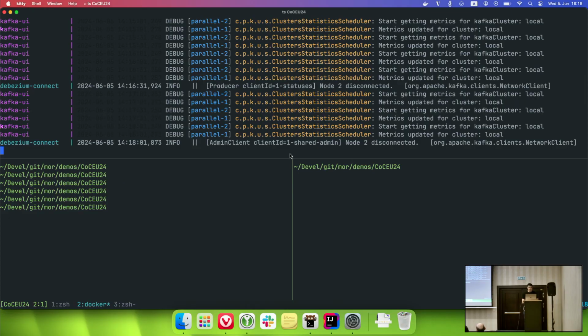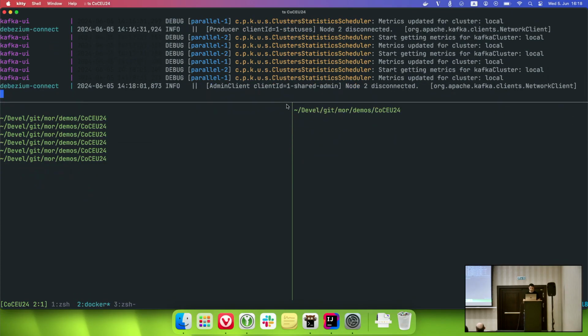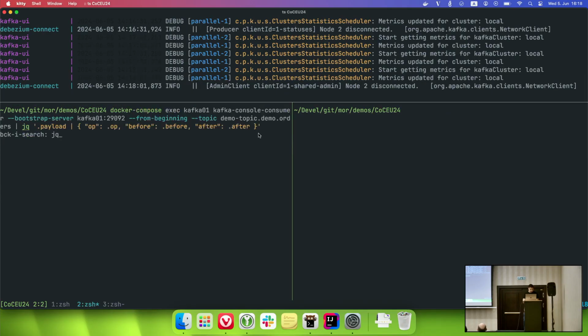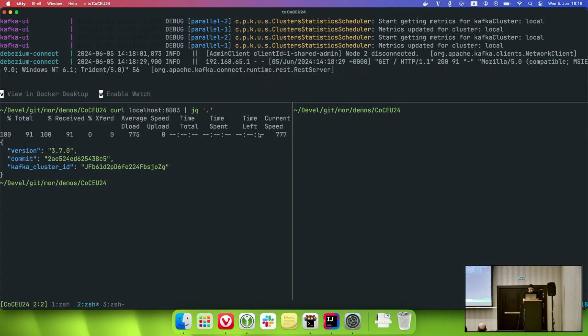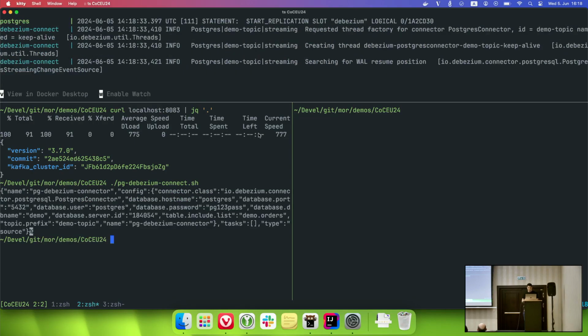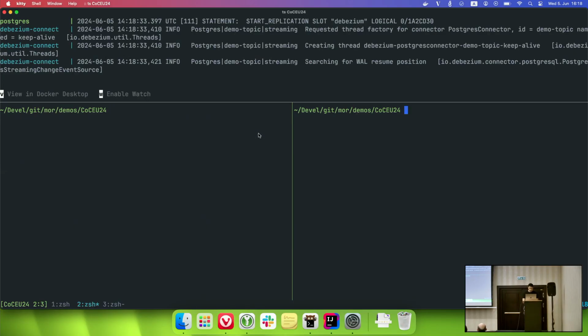So I already started the Docker-based setup, and let's see, everything is running. And I will create a Postgres Debezium connector and create some tables, do some operations.